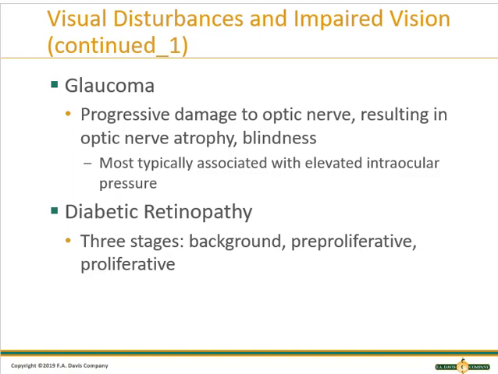And this is going to assess the angle of the eye's anterior chamber and help differentiate between open angle and angle closure glaucoma. The goal of treatment is to prevent progression of damage, and with open angle glaucoma, it's typically managed with pharmacological